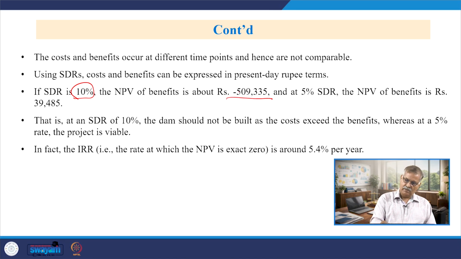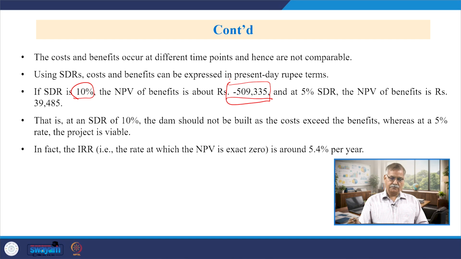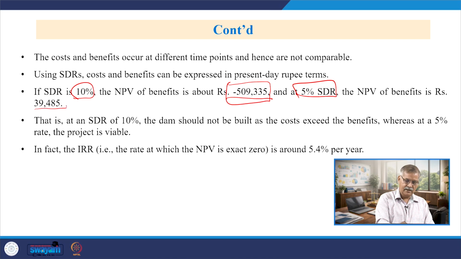is about minus 5 lakh 9,335. This is actually the loss. So, the project is generating loss if discount rate is 10%, but if discount rate is 5%, then it will generate profit 39,485. It means that the project can be economically viable only when the discount rate is kept 5%, and when